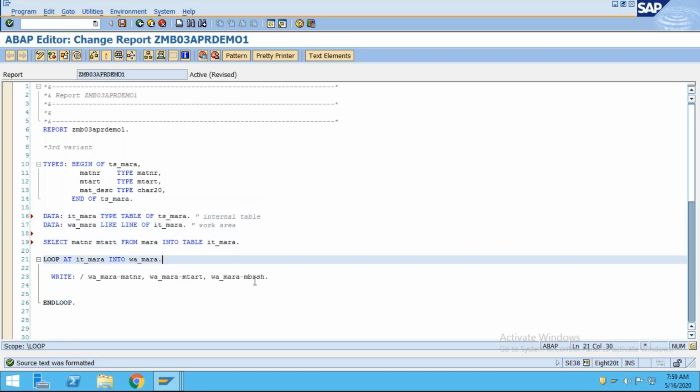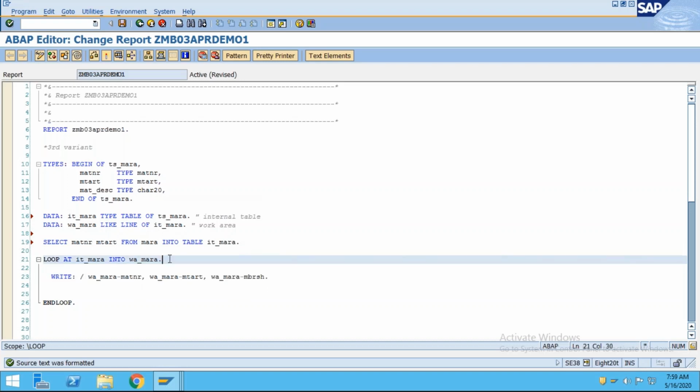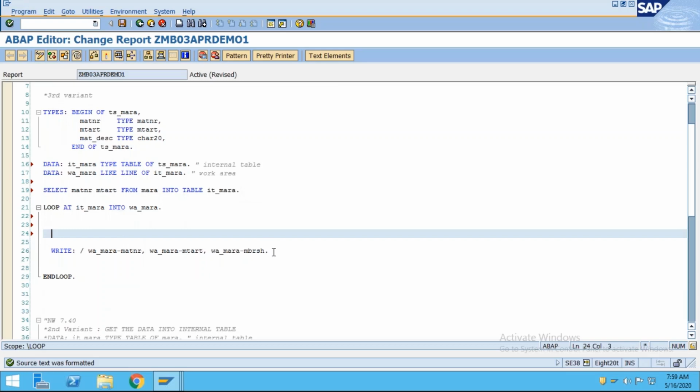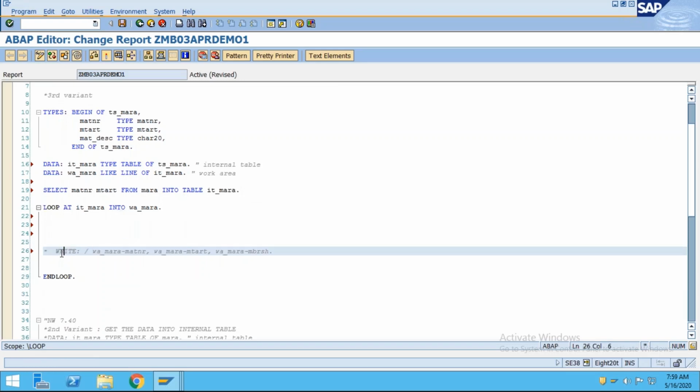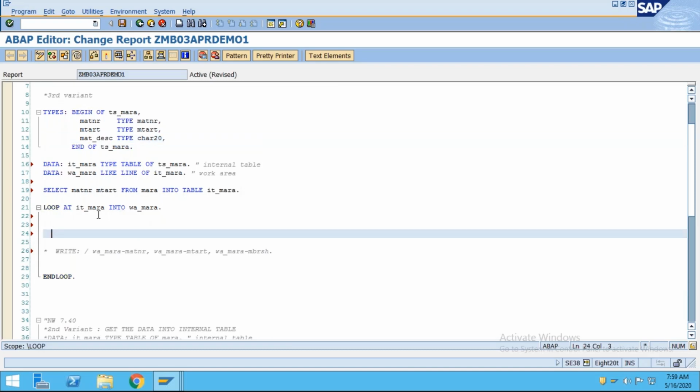So now this, right, maybe we can put this, there is no problem, but my requirement is to first prepare the internal table with this material description. Okay, so here if wa_mara-mtart equals FERT, right? FERT, then